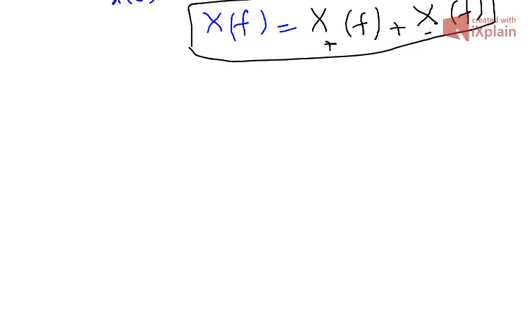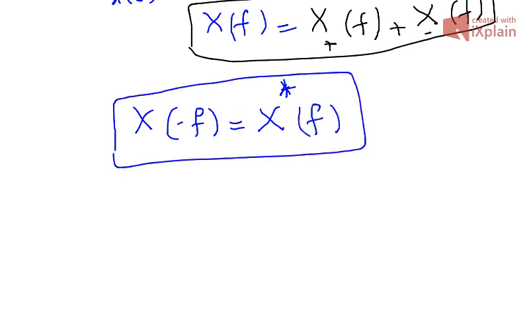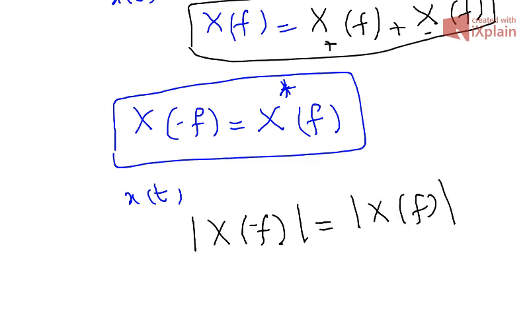In simple words, let me clarify. When we say Hermitian symmetry, we say that x of minus f is same as x conjugate of f. And when we say x of minus f is same as x conjugate of f, for the real signal x of t, we simply mean that the magnitude response of x of minus f is same as the magnitude response of x of f, right? This x of minus f is the mirror image of x of f,